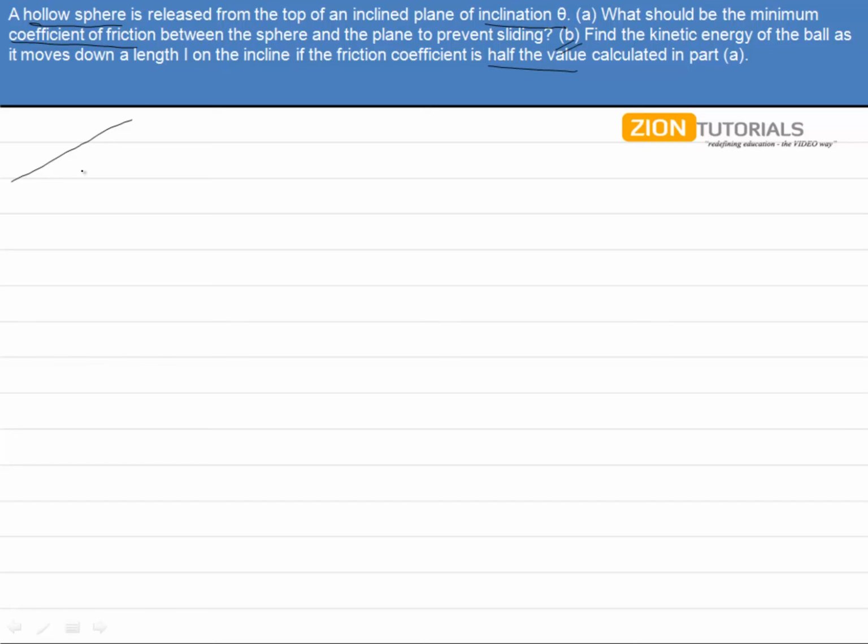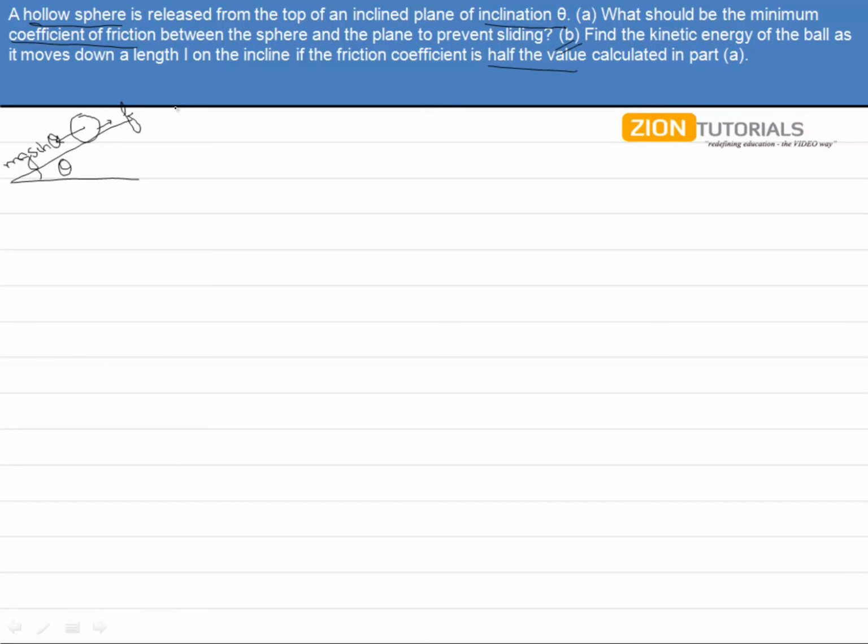So we have a wedge of inclination angle theta on which we have a hollow sphere, on which a force mg sine theta is applied down the incline. The point that is in contact with the wedge will be moving ahead with some velocity. That's why the friction will act upwards, opposite to mg sine theta,